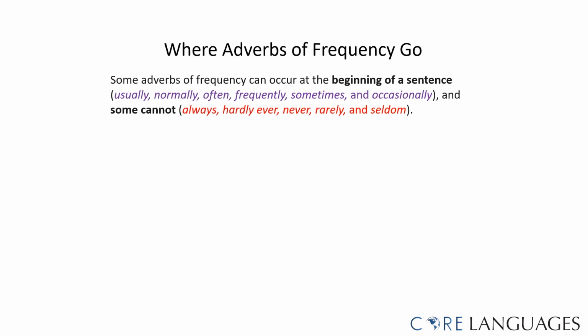There are some adverbs of frequency that can be placed at the beginning of a sentence. For example, usually, normally, often, frequently, sometimes, and occasionally. There are some adverbs of frequency that cannot be placed at the beginning of a sentence. For example, always, hardly ever, never, rarely, and seldom. For example,